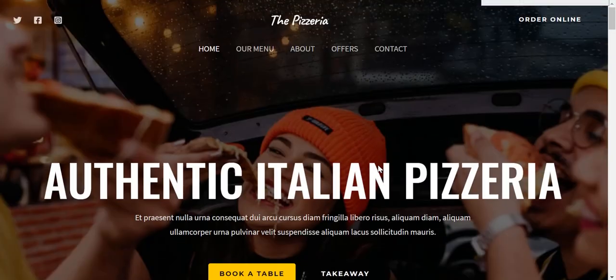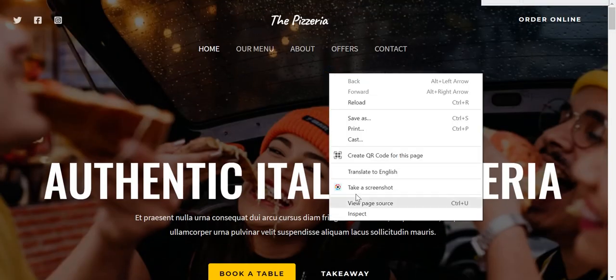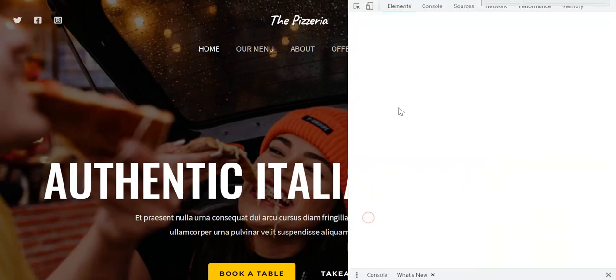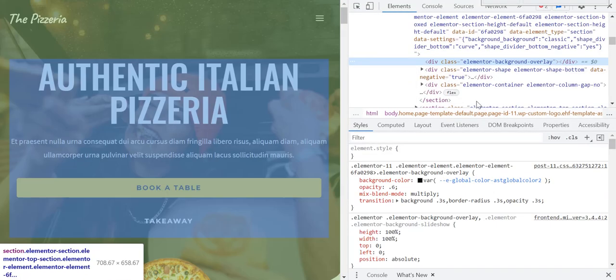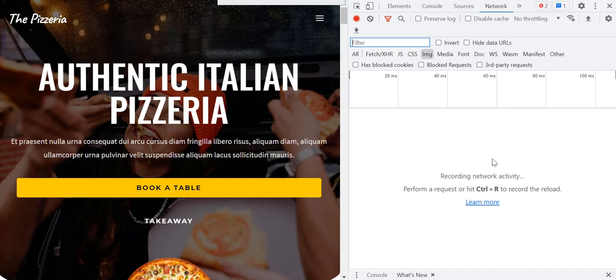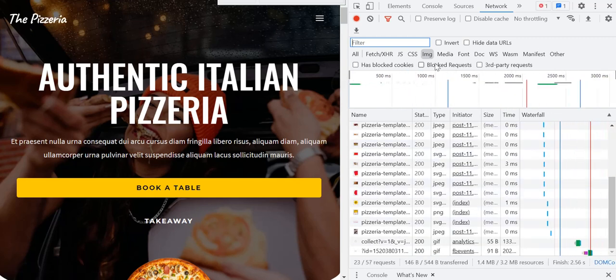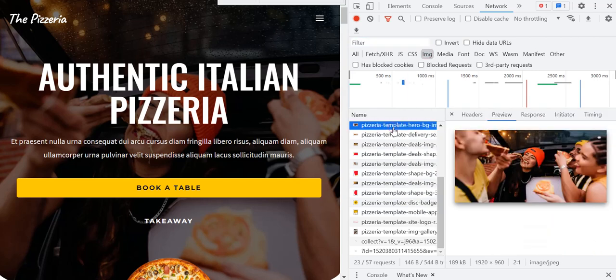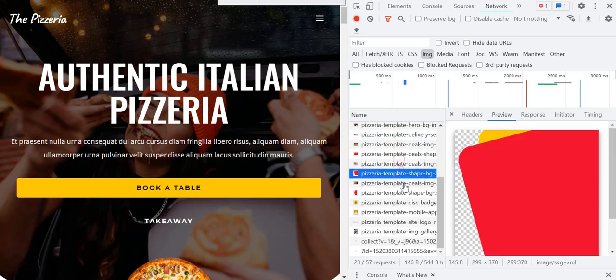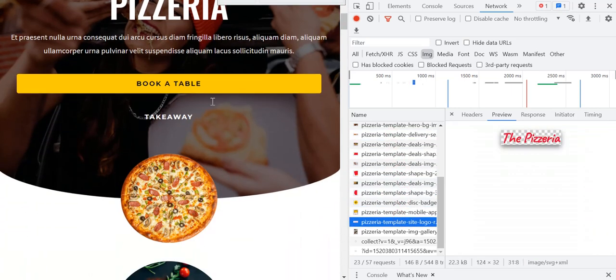So let us design this home page. So first of all, what should we do? Right click on this and click on this inspect option, and here developer tools will be opened for you. And now in this developer tools, click on this network, and here it is showing that we should press Ctrl R. So press Ctrl R from your keyboard. Once you do that, all the different images and all the different files will be downloaded to this developer option. And from here, select this image option, and as you can see, all the images are here. So we can just download these images for making of this